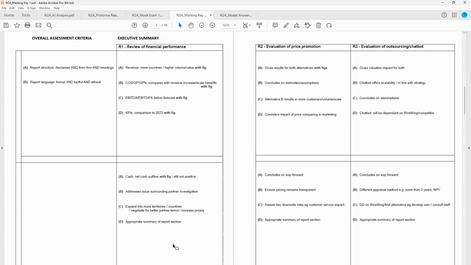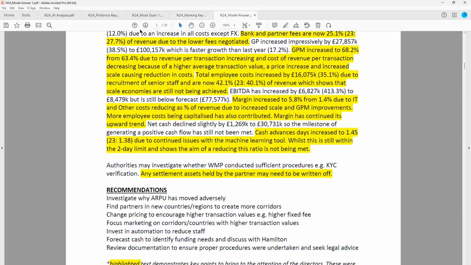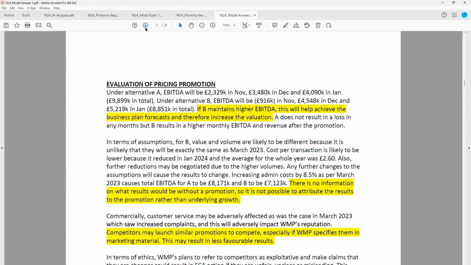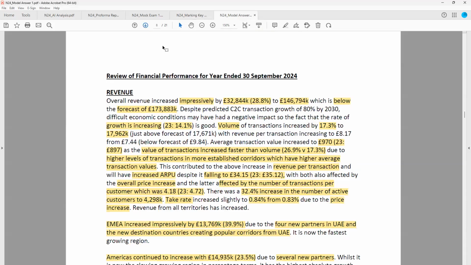Now, some people mistakenly believe that they could copy over all of their requirement one, or excessive chunks of it, in the hope of making sure they get these specific points. Of course, if you do that, then you won't get the mark here for it being an appropriate summary. So if you follow this approach of having short and concise conclusions, making sure that you're thorough, that you've got